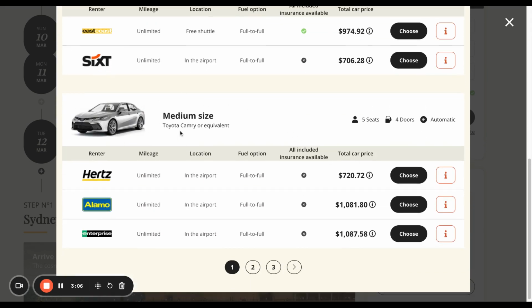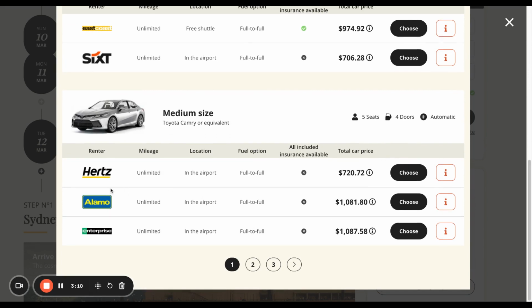Let's go for the medium size here, which is Toyota Camry. And you can see we have Hertz, Alamo, or Enterprise. You can see Hertz is a lower price. But if you go to the information circle on the right-hand side of the price, it will show you how much you have to pay at pickup. So there's nothing there on Hertz. With Alamo, also nothing, and the same with Enterprise. So let's go to Hertz. Choose Hertz,